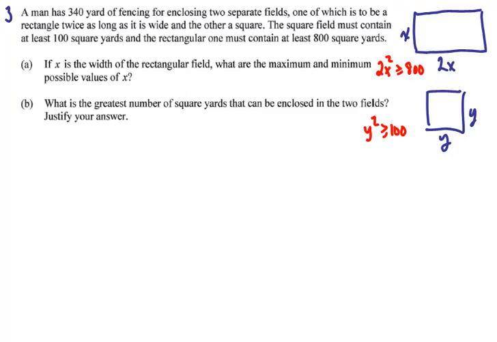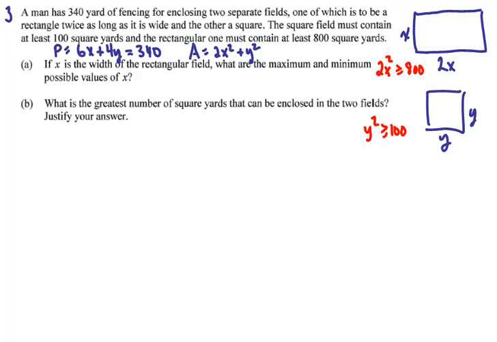We can talk about the total perimeter, which we know has to add up to 340. So we can say that 6x plus 4y is equal to 340, and the total area is going to be 2x squared plus y squared. And that's what we're going to try to maximize later on. We're going to use the information from the perimeter to swap out one of our variables, rewrite the area in terms of x or y, and then we're going to find its derivative